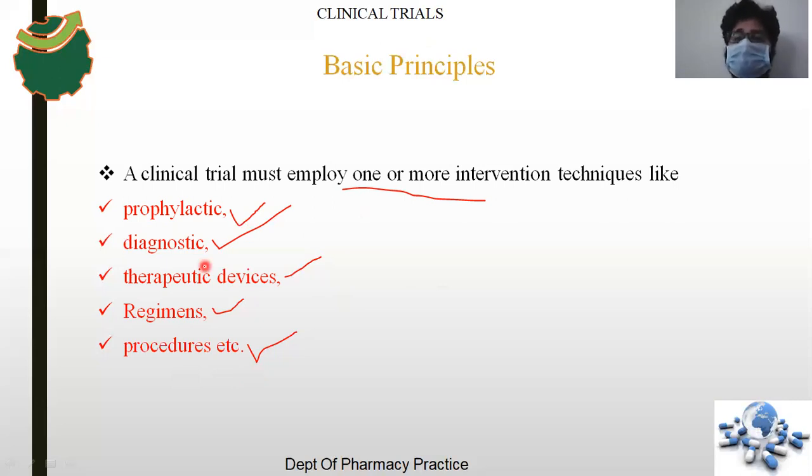Your clinical trial can be on a drug, a device, a surgical procedure, or a regimen for disease conditions. Take a present pandemic example, like COVID. Previously, we didn't have any regimens or drugs. First, hydroxychloroquine, and along with it they are giving azithromycin, paracetamol, and certain vitamin tablets like vitamin C, vitamin D3, and multivitamins. So this is a regimen to treat COVID. How did they come to know about this? They did certain clinical trials and came to know this is a better regimen to treat COVID-19.